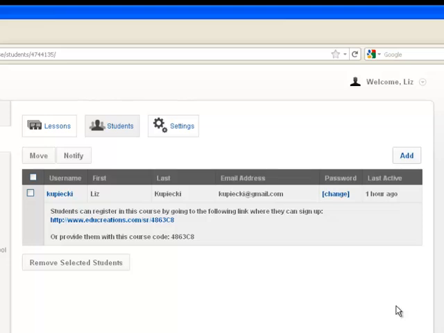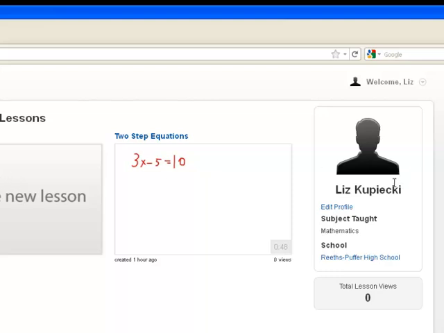Okay, now we've gone through our objectives of making a teacher account, how to utilize existing lessons, how to make a lesson, how to add student accounts by giving students the link, how to remove students from a course or change their course. The last thing we're going to do today is how to edit your profile. So if you want to, you can change some things on your profile.